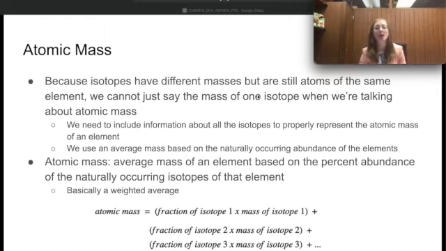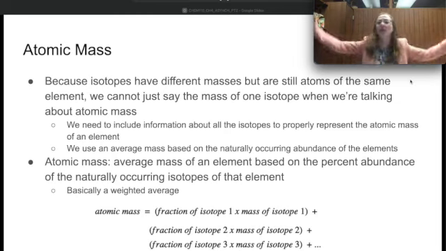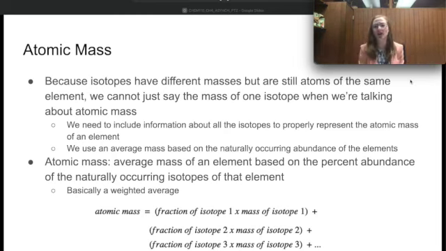Because isotopes have different masses, but they're still atoms of the same element, we can't just say the mass of one isotope and assume it represents the entire element when we're talking about atomic mass, right? I want to be able to talk about the atomic mass of all atoms of one type of element, for example. So we need to include information about all of those different isotopes to properly represent the atomic mass